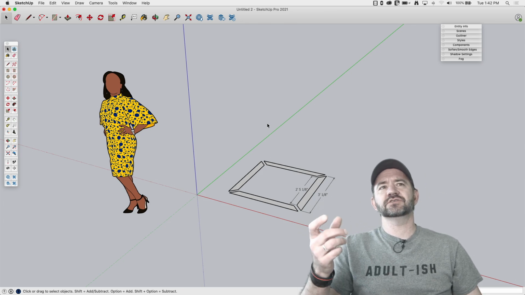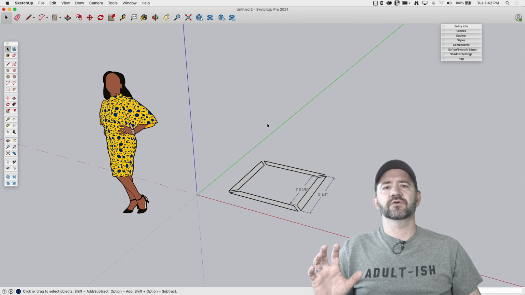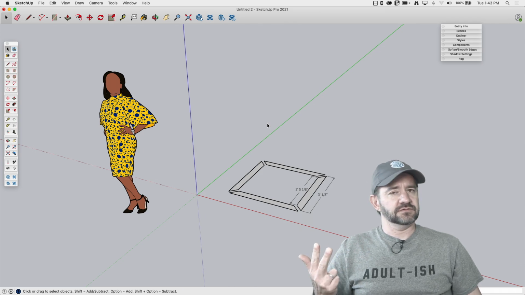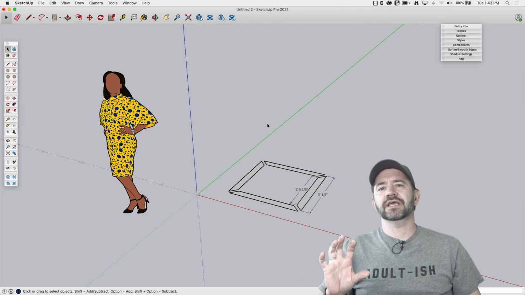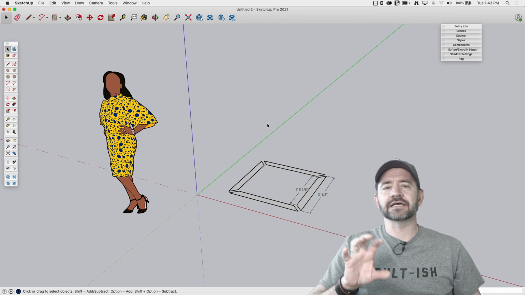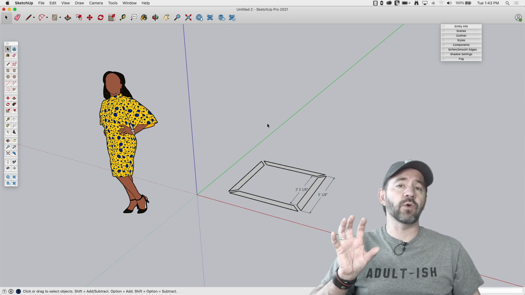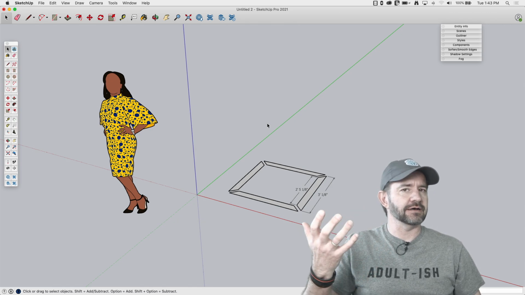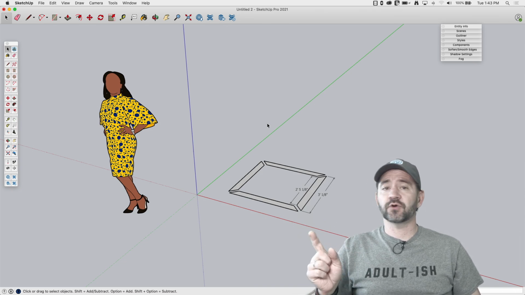I don't want to necessarily get into the finer points of exporting. We've done videos on exporting before. We've done stuff exporting for CNC, exporting DXFs from SketchUp. Plenty of stuff on exporting or printing out from LayOut. So what I wanted to focus in on was when to use which program for exporting, because it really depends on why you're exporting, what you want to get out of what you're spitting out of the software. So let's dive in and take a look at when to use SketchUp or when to use LayOut